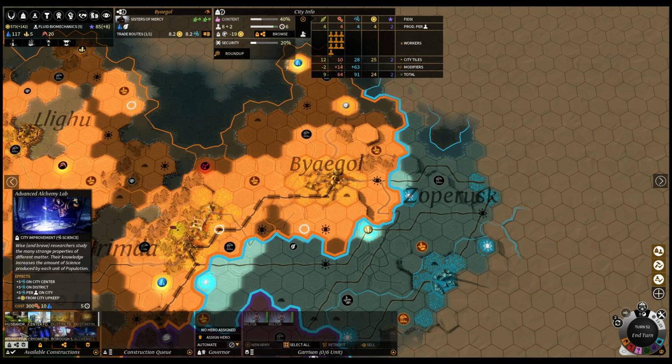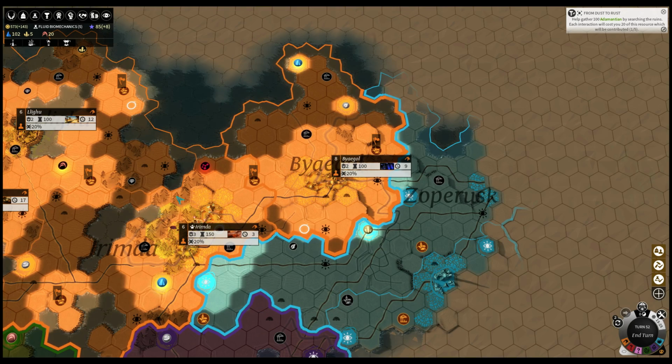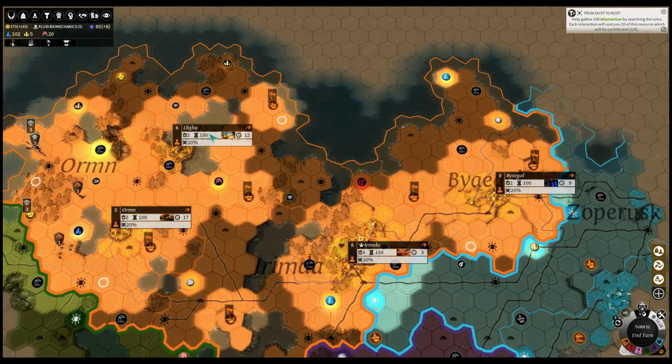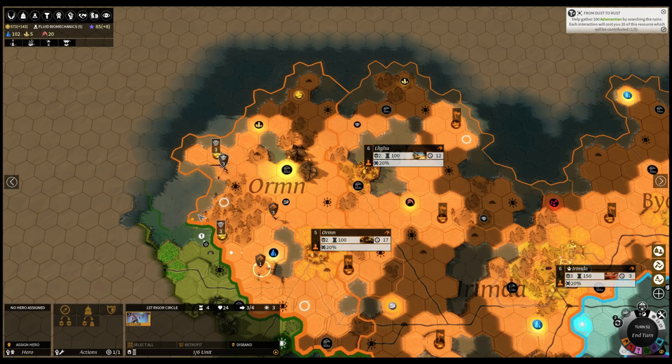This would be only plus 6 science right now, but it does grow, and it allows our citizens to really smelt out that science in short order. What do I think? I think probably it makes sense to get the cryometric monitor going. By the way, check this out. Plus 7.5 from city. I am pretty happy about the output of our...